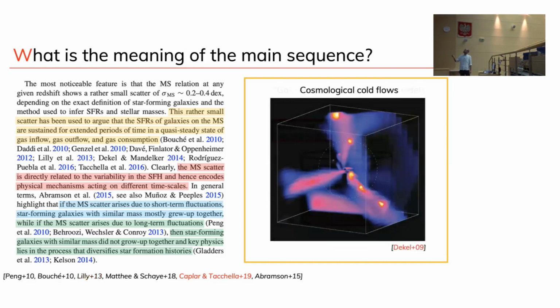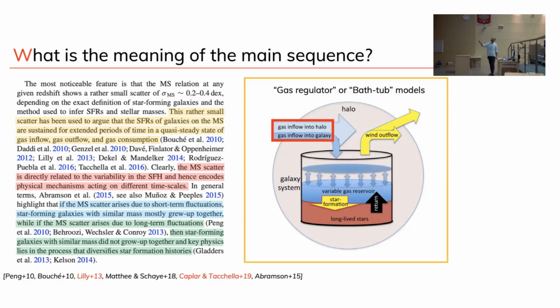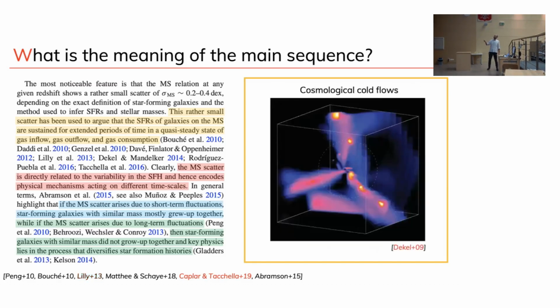What do I mean with gas inflow? This is instead a simulation, from the Schmidt-Kennicutt 2009 paper. The accretion of gas can happen in different ways onto the halos, but basically what simulations have been consistently predicting for quite some years now is that there's a regime where the gas can actually flow into the halos in the form of what is called the cosmological flow.